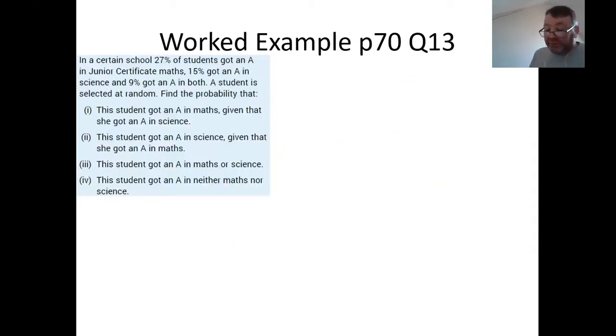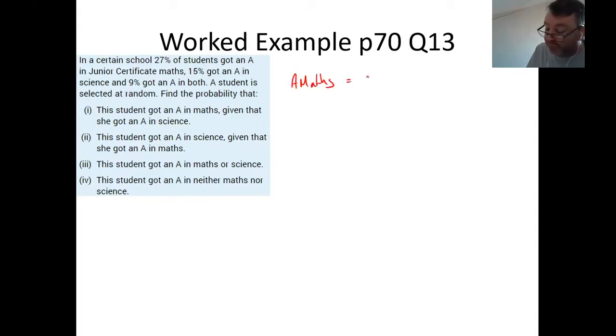Okay, in a certain school, 27% of students got an A in junior cert maths, 15% got an A in science, and 9% got an A in both. A student is selected at random, and then they want you to find a probability, and so on. Now, let's think about that. A student in a certain school got an A in junior cert maths. So an A in maths